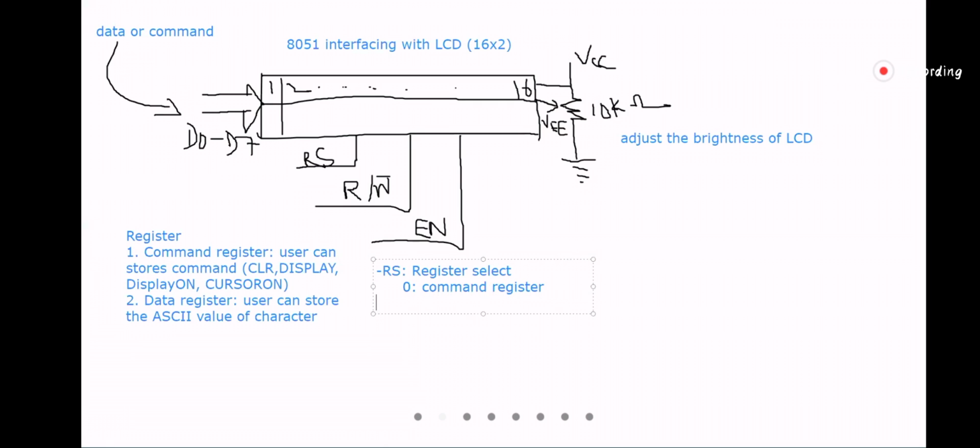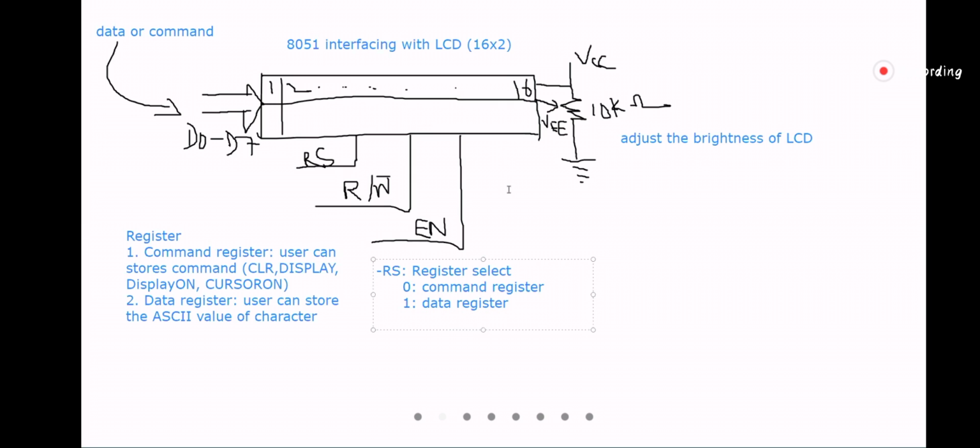If it is 1, it will be a data register. Is it clear? If RS is 0, this whole register acts like a command register. If RS is 1, it acts like a data register.